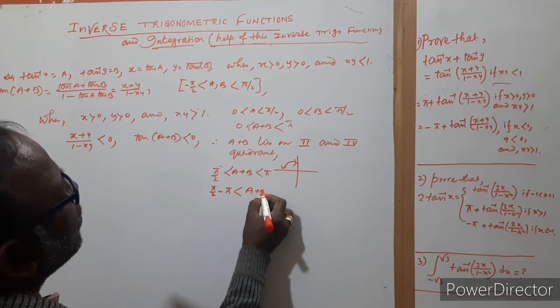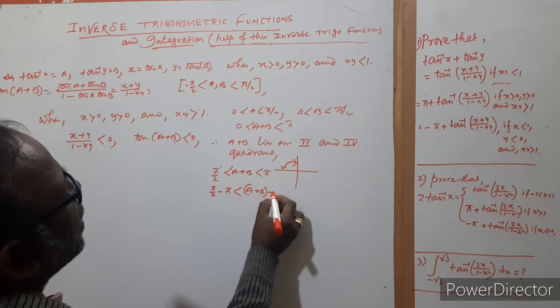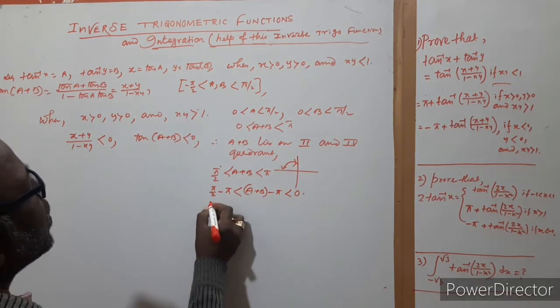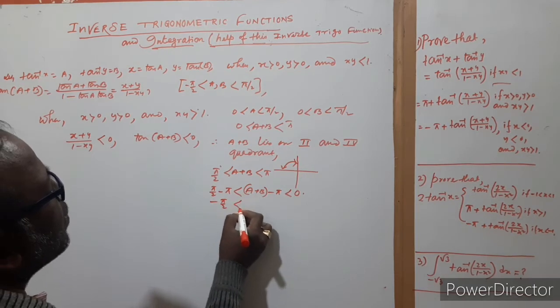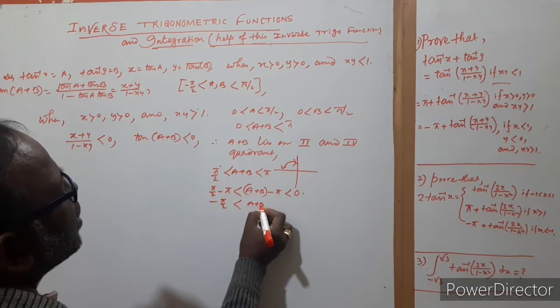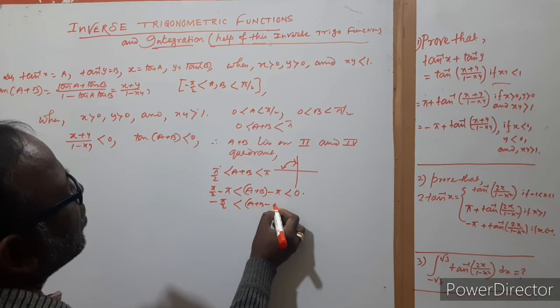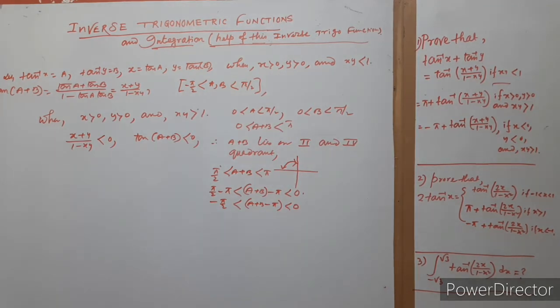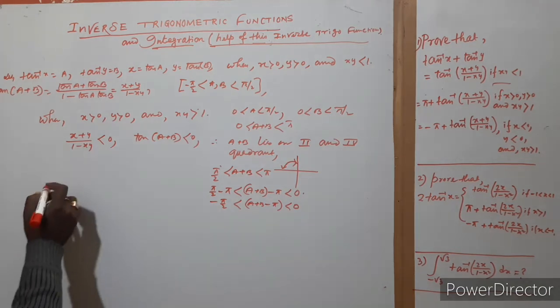So actually we want to write here, this is 0, this is minus pi by 2, so a plus b minus pi lies between minus pi by 2 and 0. So see here,